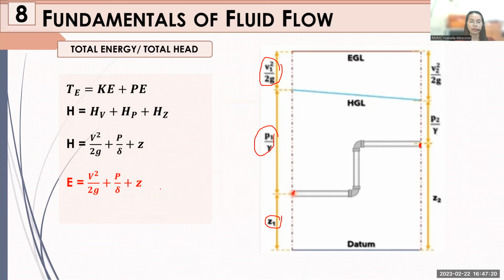And take note that this formula has a unit in meters, because we proved earlier that energy divided by a specific weight in Newtons cancels. That means the total energy head is in meters. Okay? This is more commonly known as the total head or energy head. So when we ask what is the energy head at point A,